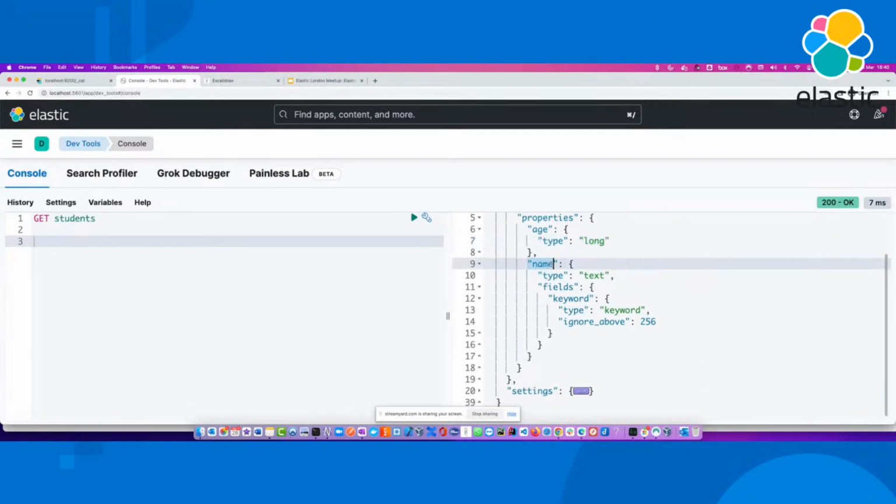Similarly, name looks like a string of characters, John Doe or Gemma Doe. So it said that looks to me like a text type, and it used text as the type. It created this automatically. This is called dynamic mapping, where you don't need to do anything at all.